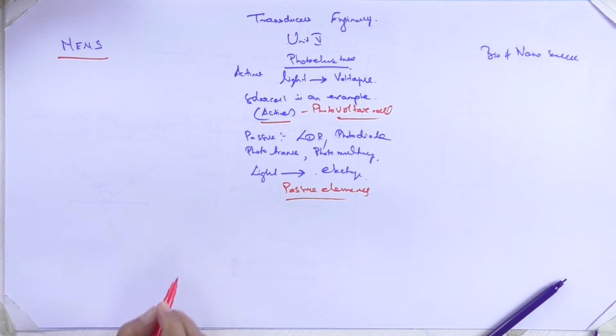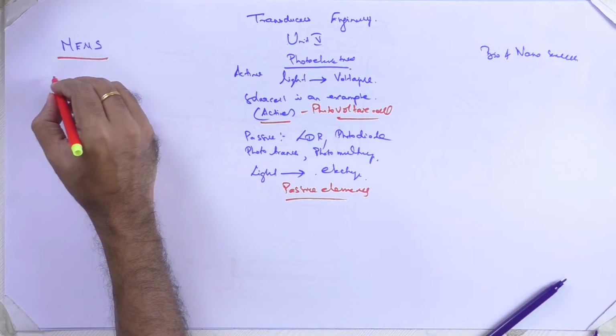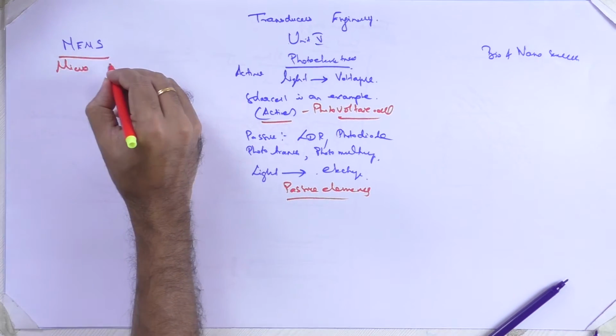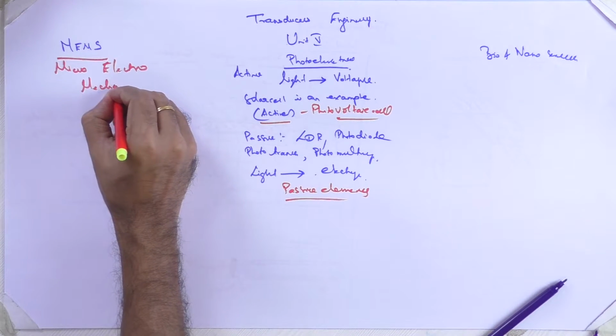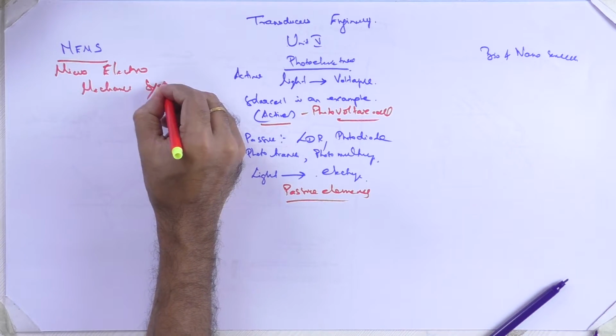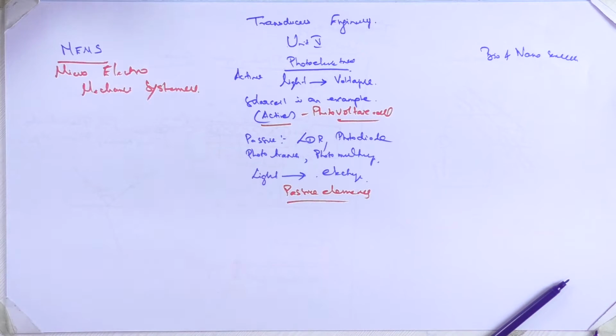The next is the most important state of the art property of the sensors, which is MEMS, which is micro electromechanical systems. These micro electromechanical systems are based upon the property of all your photolithographic techniques. You have to remember all the things you have read in your unit number 1 and linear integrated circuits. The photolithography,